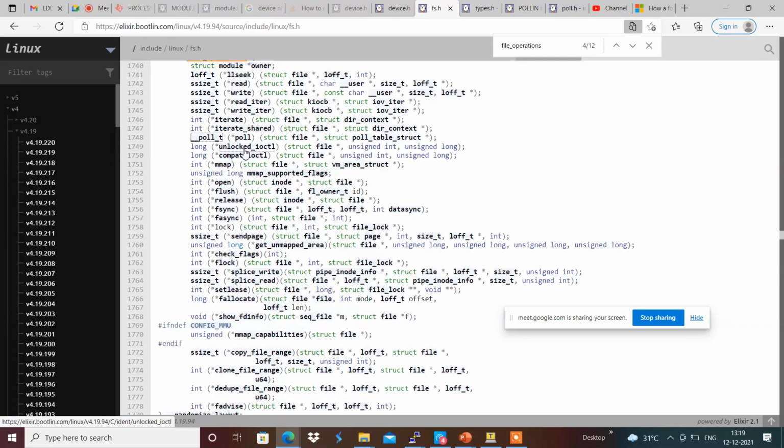In the case of unlocked ioctl, the synchronization has to be handled within the driver. In the case of the locked ioctl, the updates come to the driver in sequential manner, so there is no need to handle synchronization within the driver. That we will see accordingly.